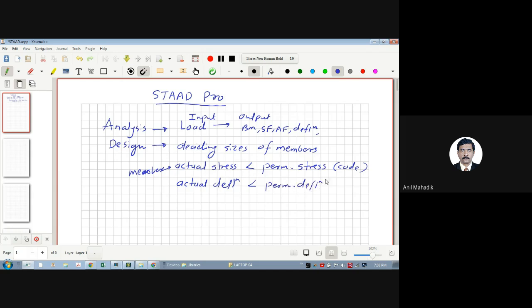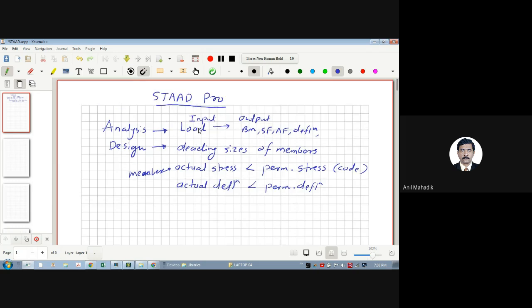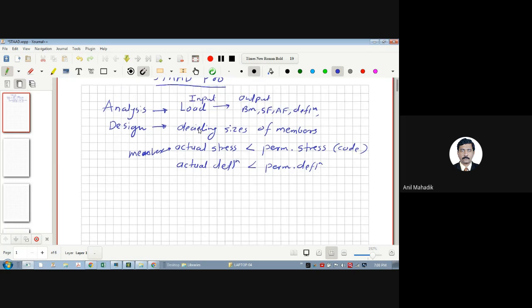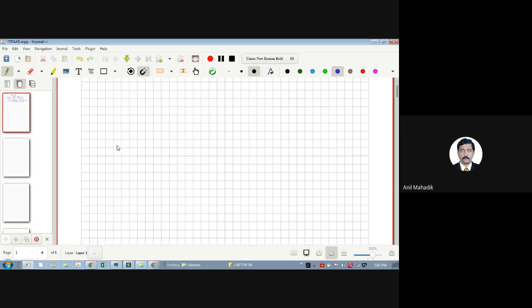See, try to understand in a simplified manner. Don't complicate things in the beginning. Then you can go into detail of each part as per the codes and books. Okay. So this is design. Now today we will start with the analysis part in Staad Pro. Now let's discuss the analysis in detail again. So for example,